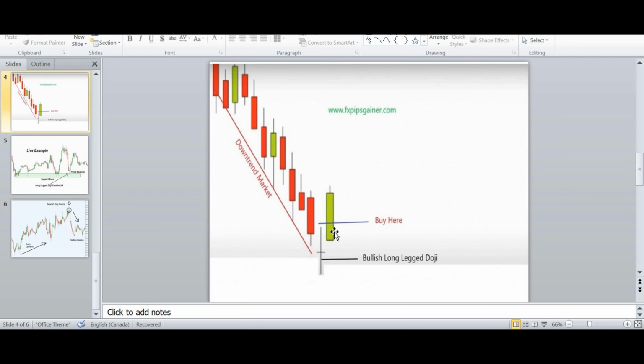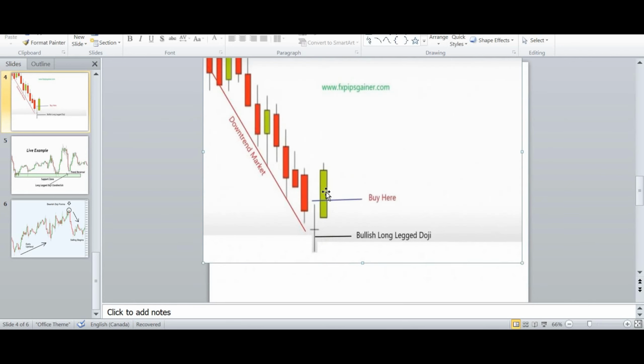long leg doji came in, followed by a bullish engulfing candlestick pattern. It just indicates that the market might reverse from up above here, and as you can see, the candle closed above this wick, so that's why it's called a successful reversal, and the price will just move up